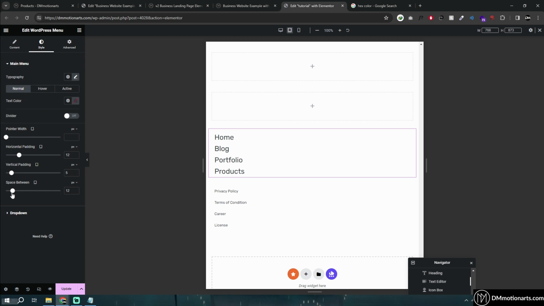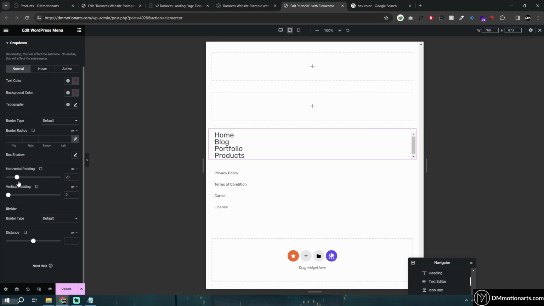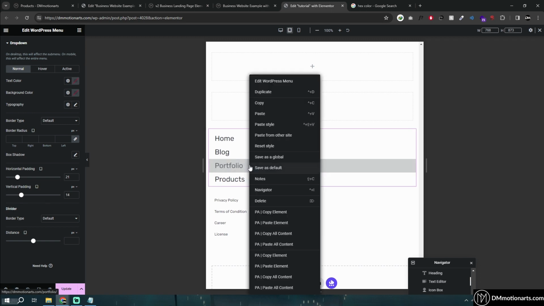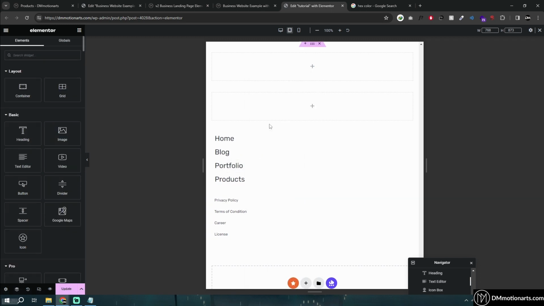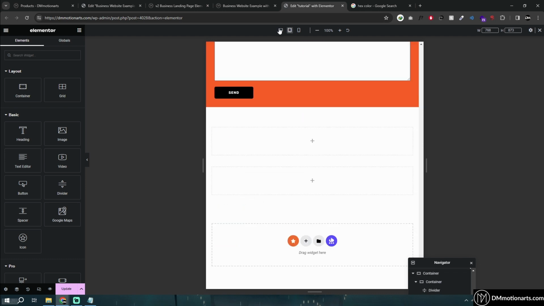Which one is the spacing? Okay, this one. I think for this one we have to do it like this, whichever size works. Copy and paste style, and this is one way to do it, but I'll show you another one too